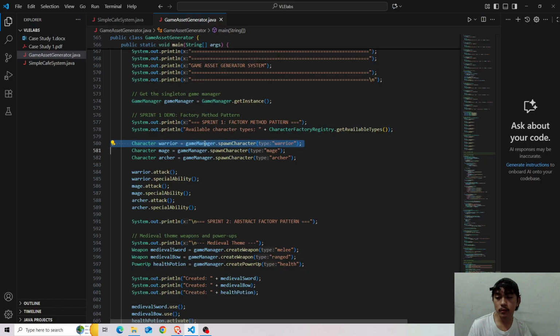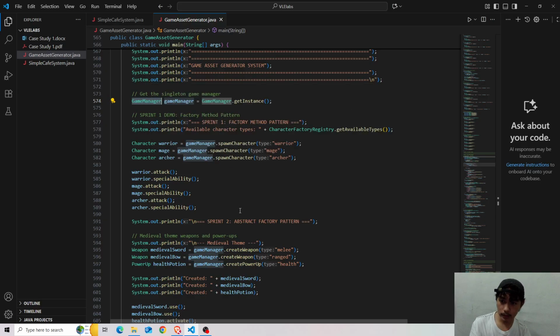Because this helps us track and makes sure that all characters that will be spawned will be in our single instance of game manager running.